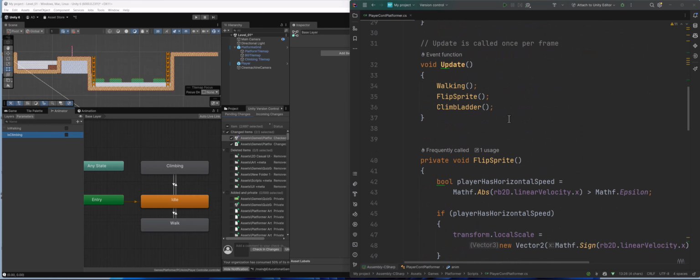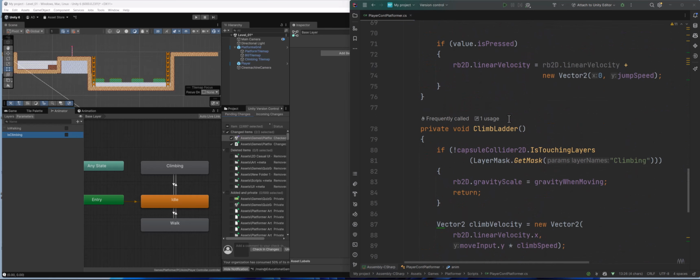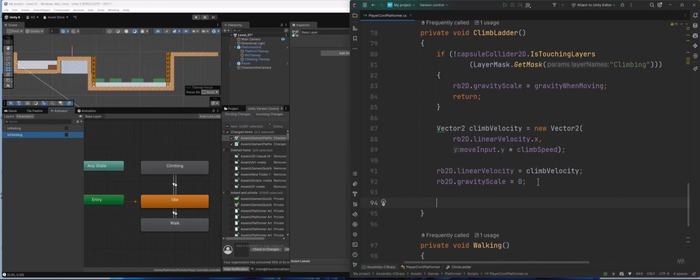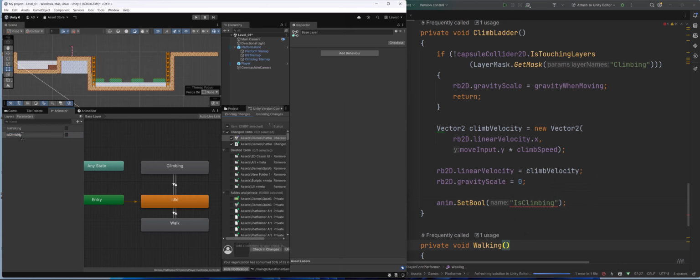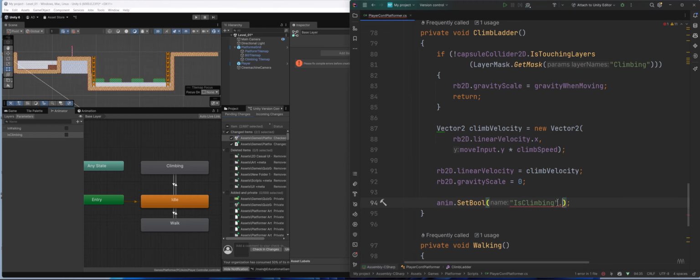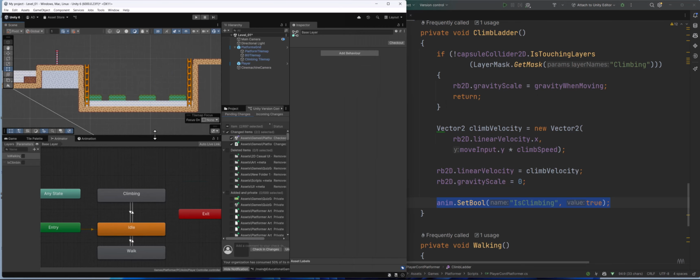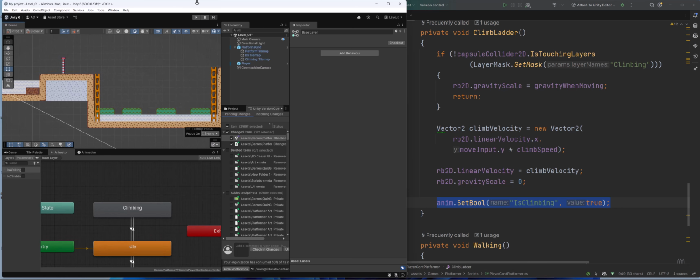All right, so let's go in here. At the very bottom, underneath our gravity scale, all I have to do is say animator.SetBool, because remember this is a Boolean value, and I'm just going to turn on isClimbing. Did that not work? And then I want to set this to true. Sorry, I forgot that there's a separate parameter there. Let's test this, because what's going to happen, I believe, is inside of our return here, we might have to set this to false if we're not climbing. So if I press play here,